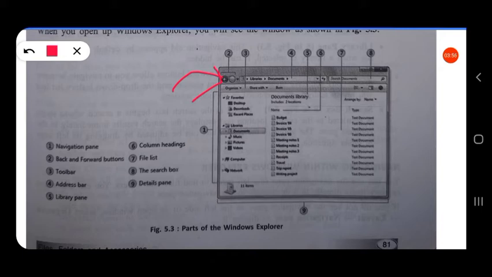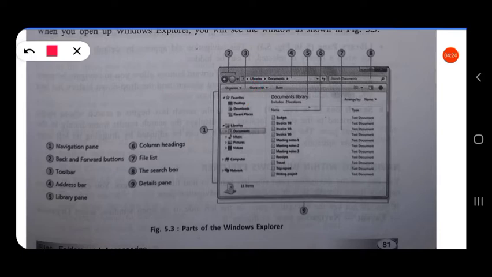Then option 3, the toolbar. So this is the toolbar. Then option 4, the address bar. The address bar contains the address or the location.